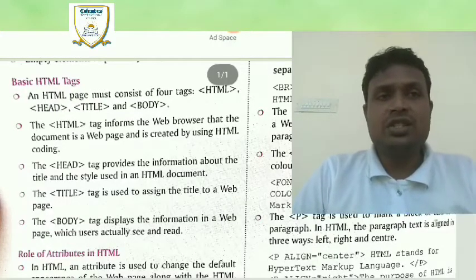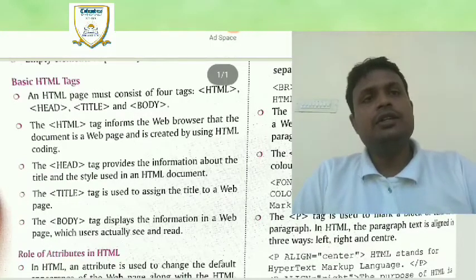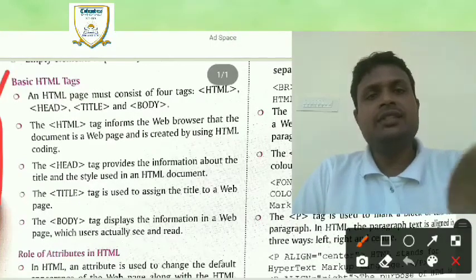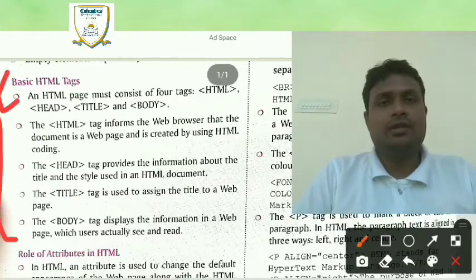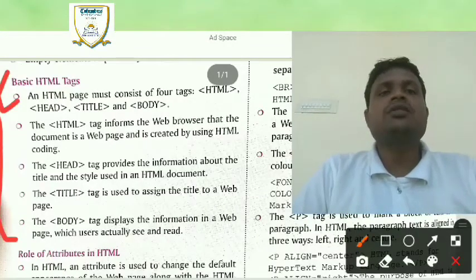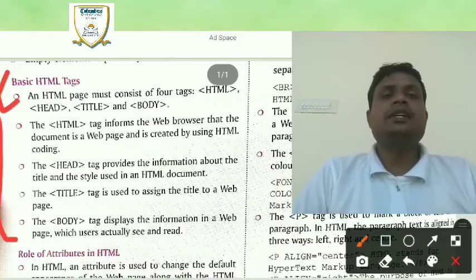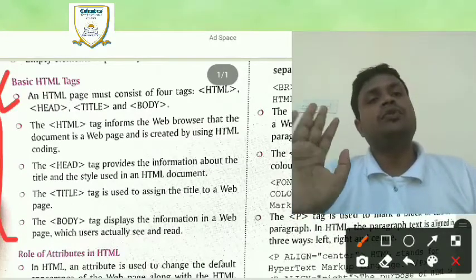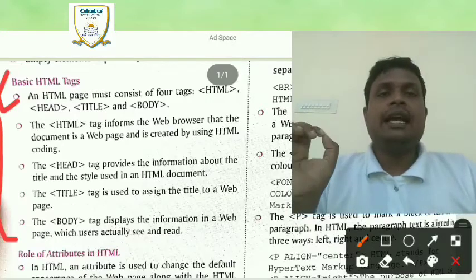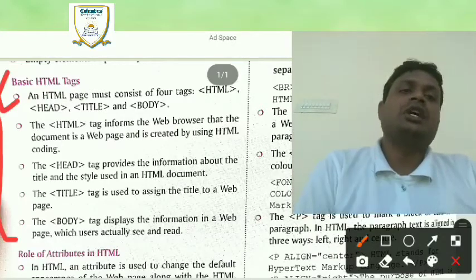Students, you just see this line on the screen. What does the first line say? The first line says an HTML page must consist of 4 tags.